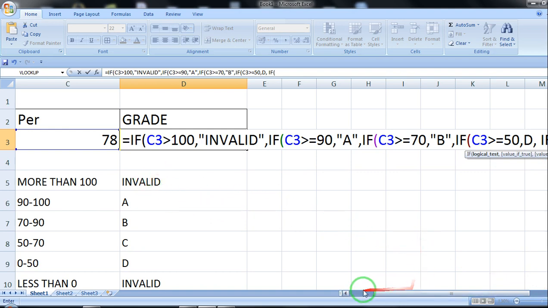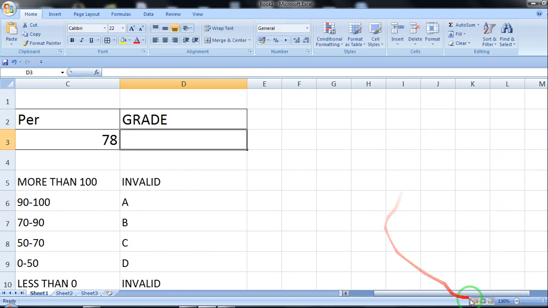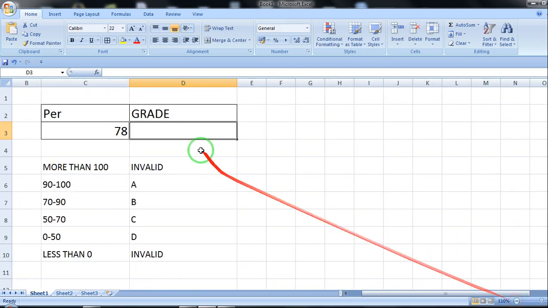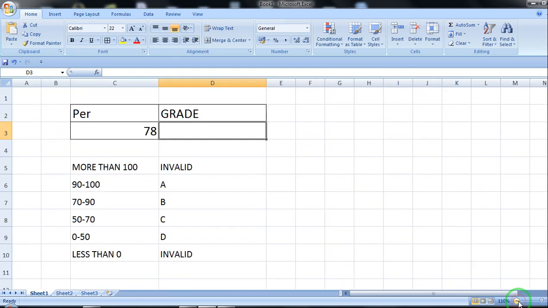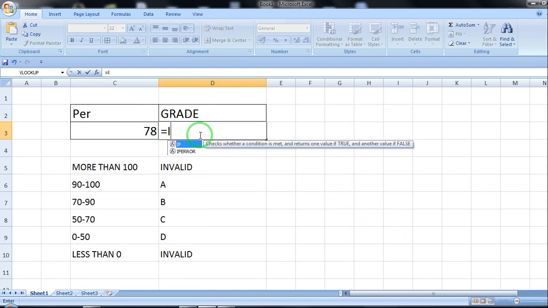okay, let me reduce the size of the window. Okay, I will reduce the size of the screen, and let's try it again. Equal to, IF